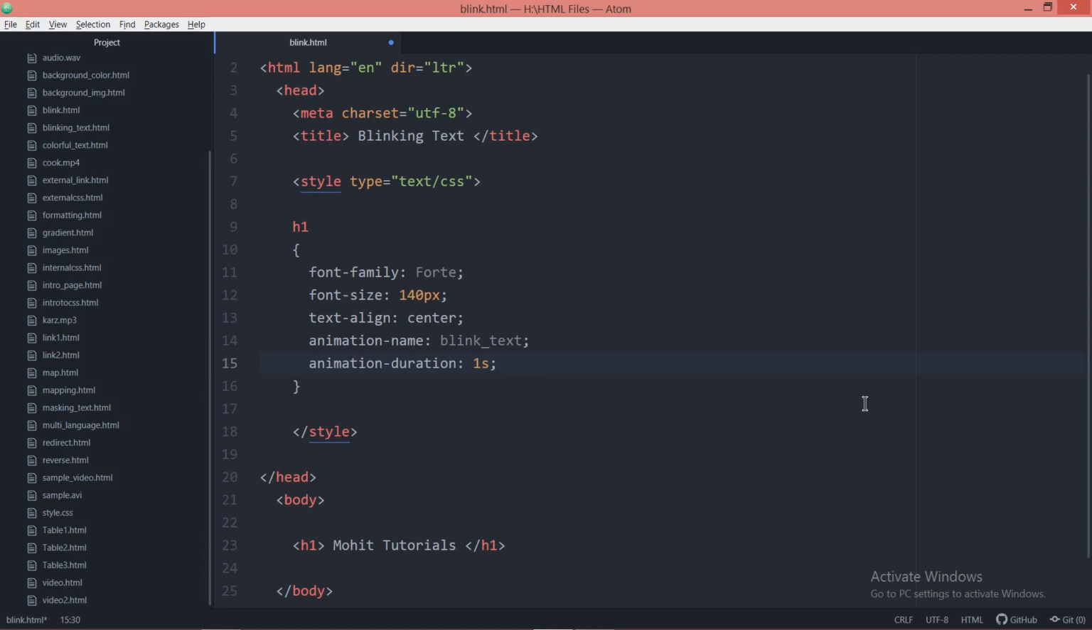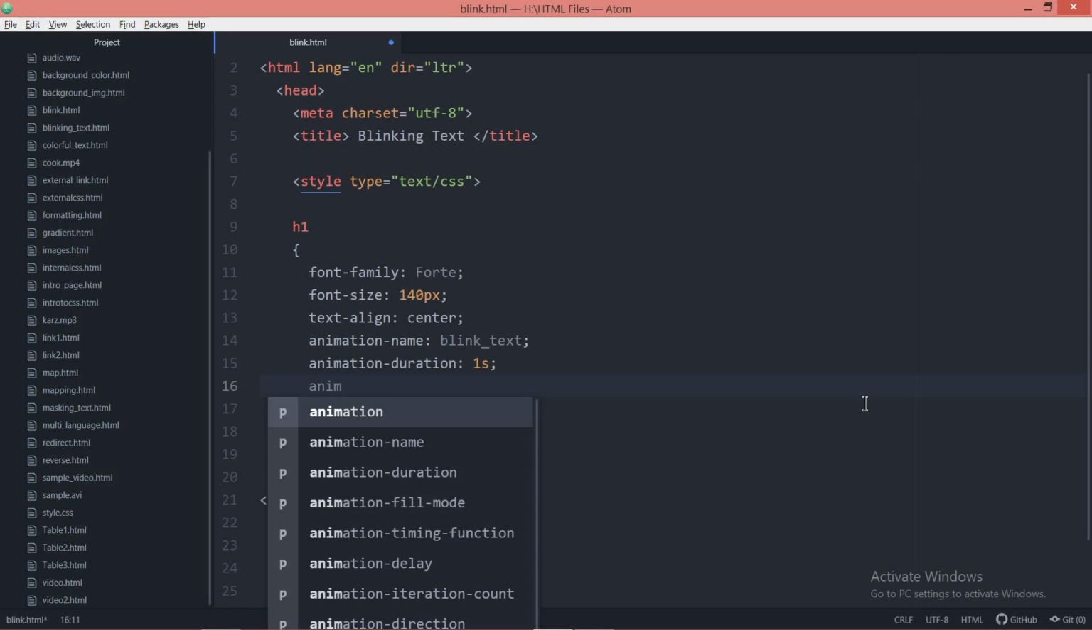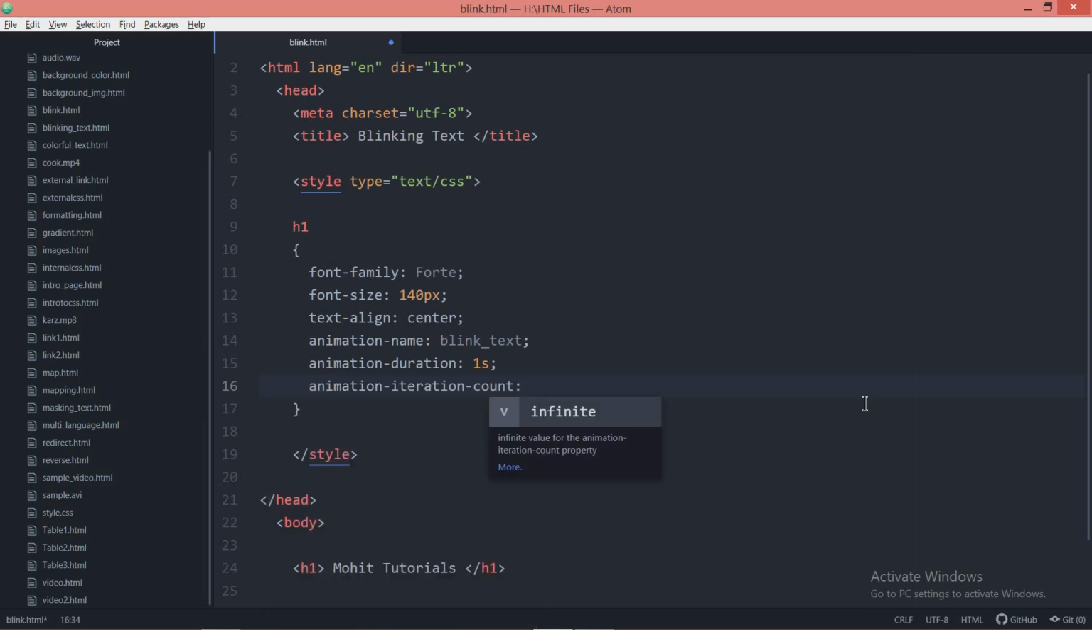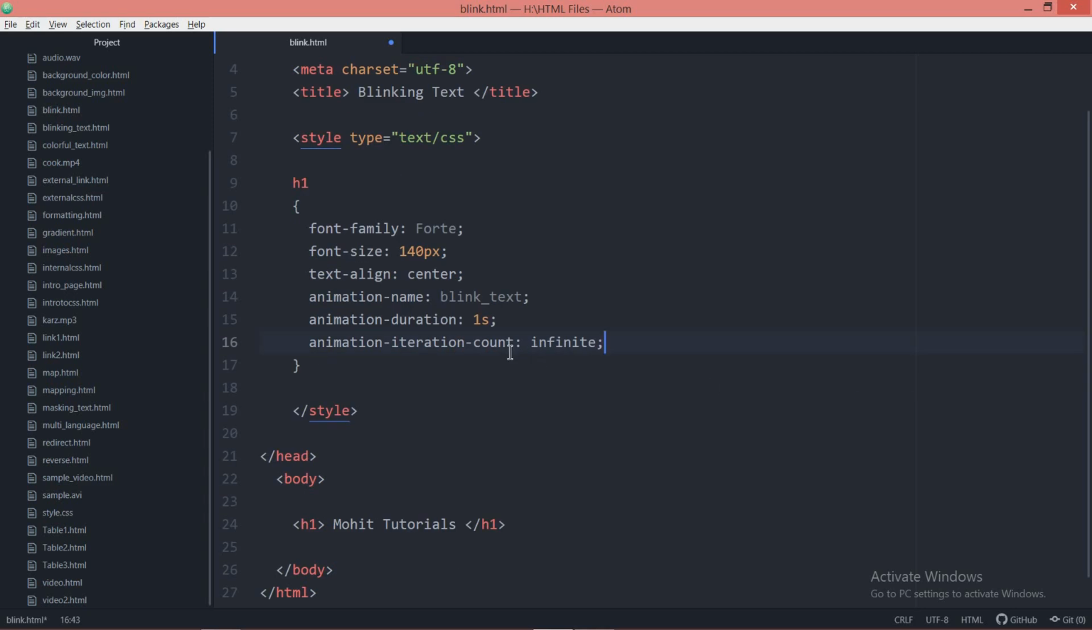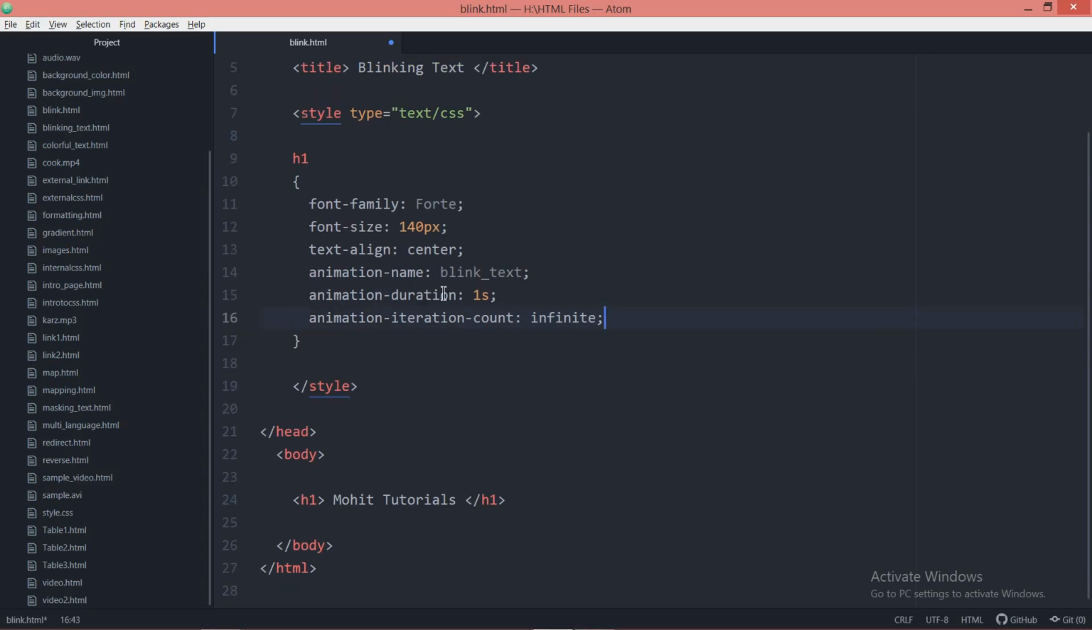Now I want your animation to run infinite times. Then you have to give this property, animation iteration count, I say infinite. Animation iteration count infinite means your animation will repeat automatically, it will not stop. After giving these three properties of animation, animation name, animation duration and animation iteration count,